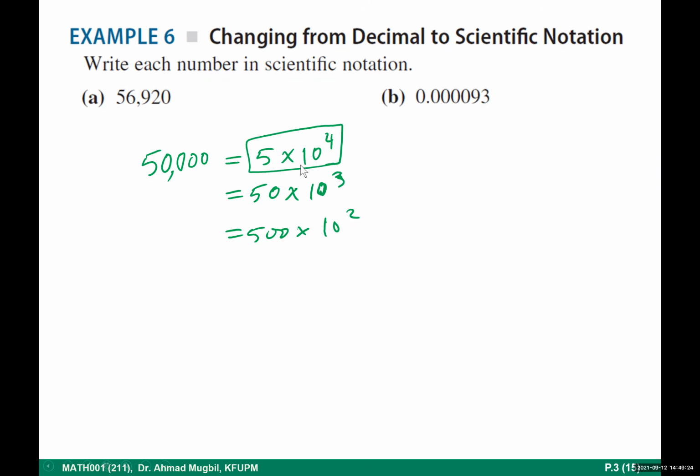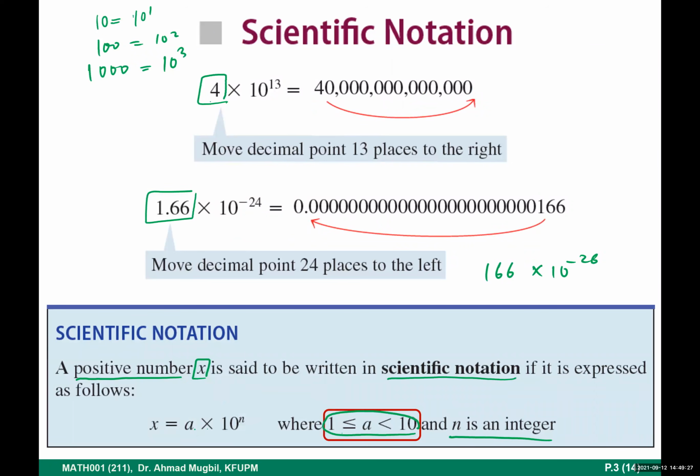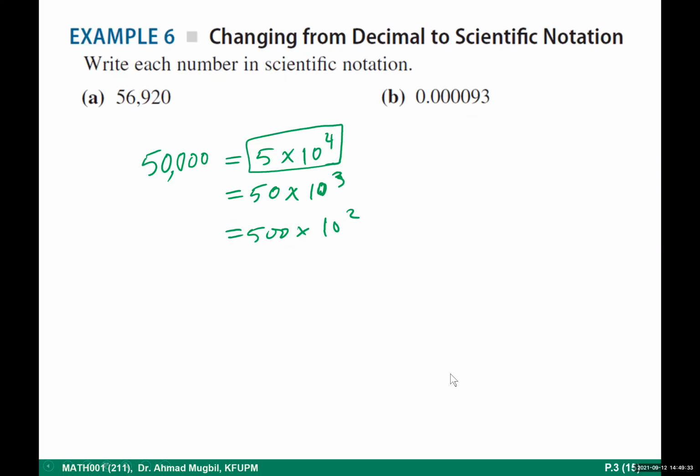Why? Because as we mentioned here, this number that you multiply by 10 to the power must be a number between 1 and 10. So this is the right one. Similarly here, you remember we said that when you have 5, in fact, it is 5.000, the repeated zeros after the decimal point. In fact, the decimal point is here. Don't mix up between it and the comma. So we want to move it to be here,